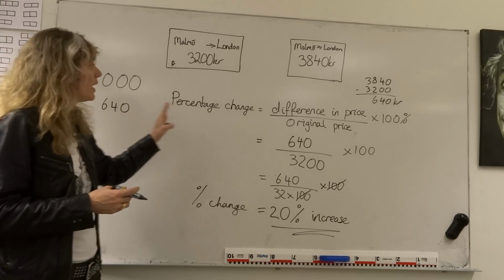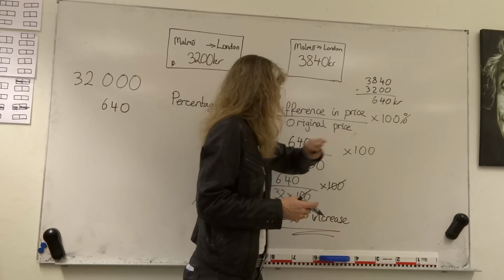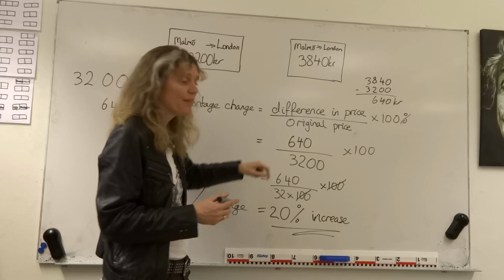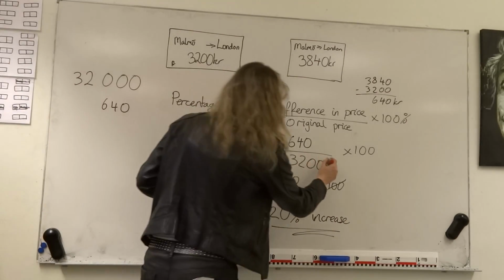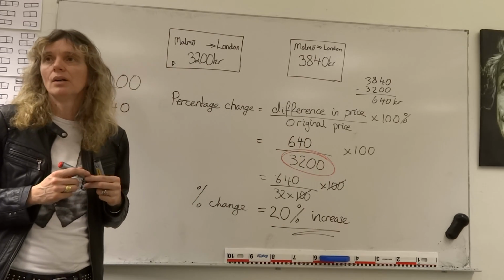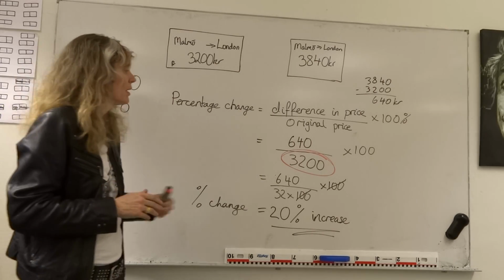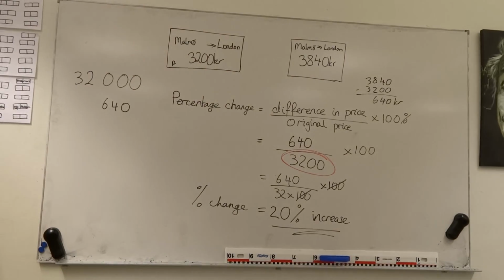So same formula: percentage change equals the difference in price over the original price, times 100. Work out the difference in price, divide by the original. And this is the tricky one, that you often feel unsure about: which one to put on the bottom. It's always the starting number, okay? The number they started with before you did anything to the price. Then times it by 100. So it's a good question. And notice that